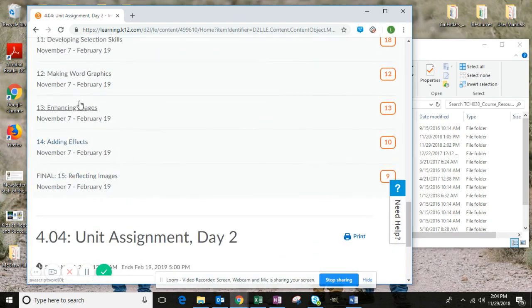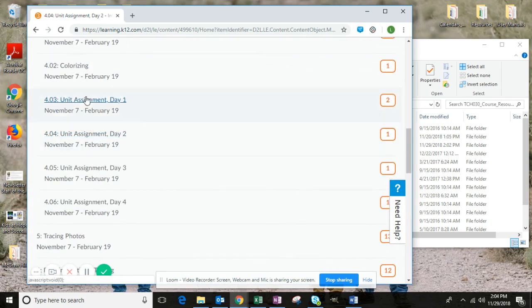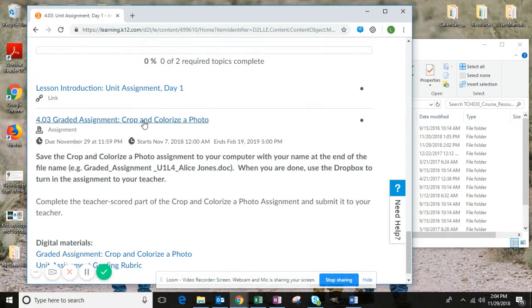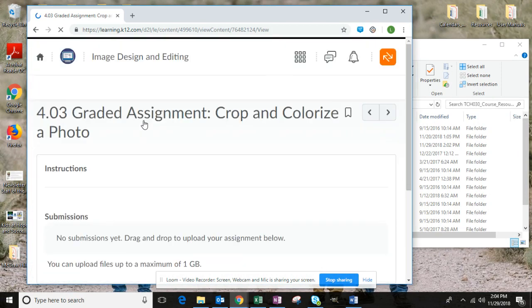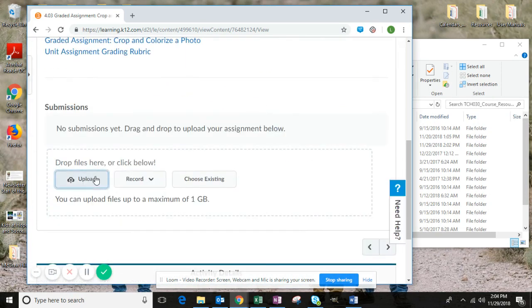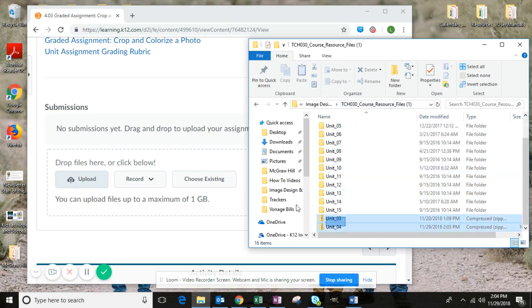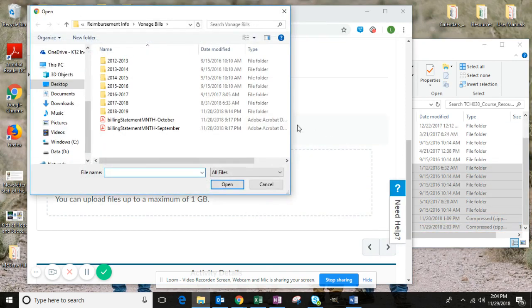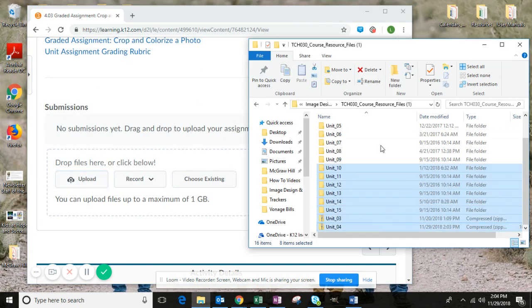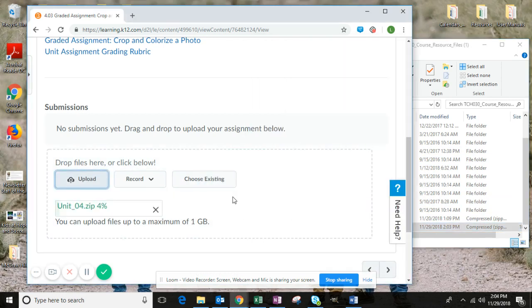So now, whoops, I want to go back. Here, if we click on the graded assignment again, you will come down here to upload. And you then can navigate to the folder, or you can simply just drag it over. Whoops. Cancel, cancel. My mouse is clicking things I don't want it to today. We just want that Unit 4 folder over here. When it's to 100% loaded,